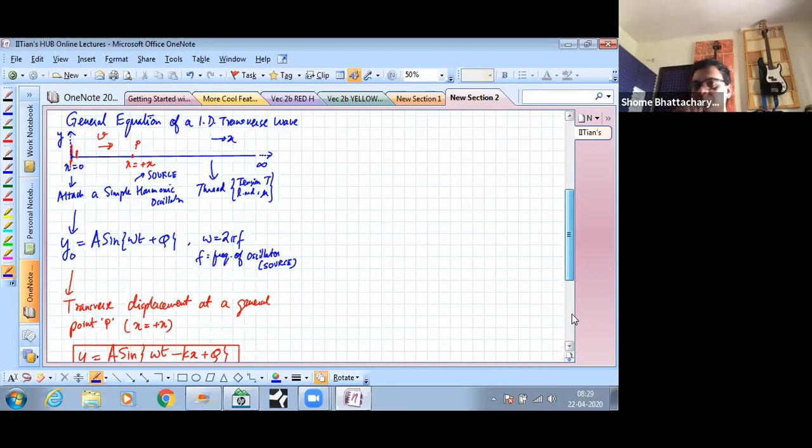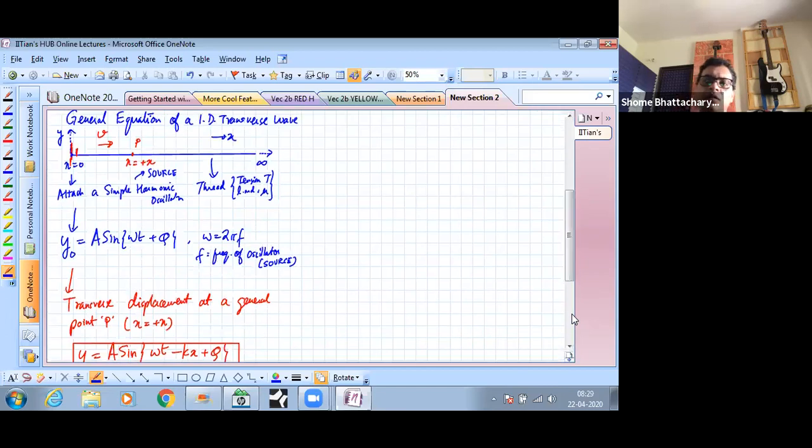If we are thinking from an experimental point of view, how do we create the general type of sinusoidal one-dimensional wave? What we understand is that to create it, we need to,